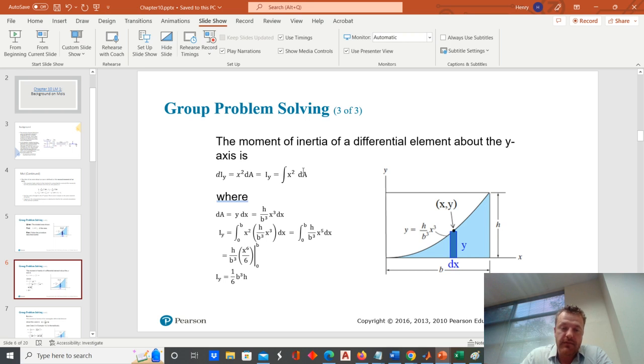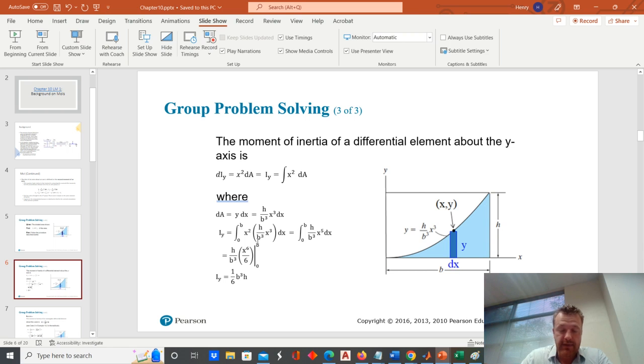How can I write an expression for the infinitesimal area, dA, as a function of the actual variables, y and x? Well, dA for vertical rectangles is always just the height, which is y, times the width, which is dx. We can express y as a function of x, which we want to do in order to make this a single integration problem, using that formula that we were given, h over b cubed, x cubed. And then if I substitute those into the actual integral based upon this formula that I have at the top,